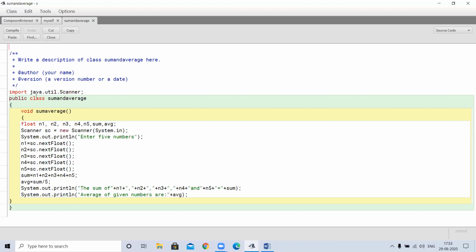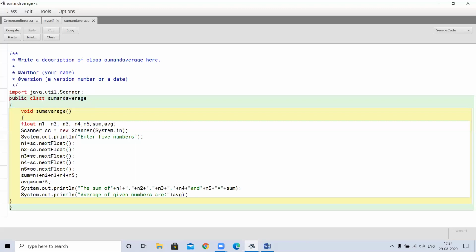Now after the import statement, we will use class. My class name is sum and average. You can give any other class name also. After the declaration of class, I will declare the function. That function name is sum average.